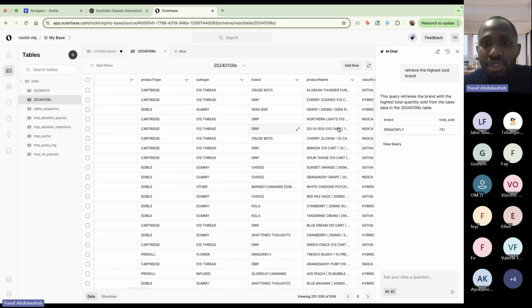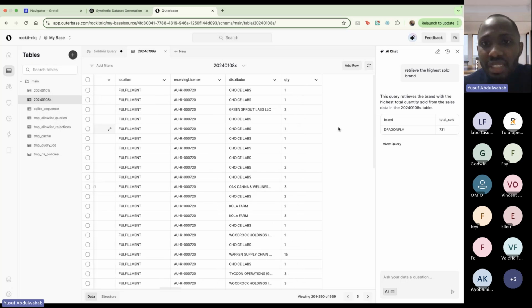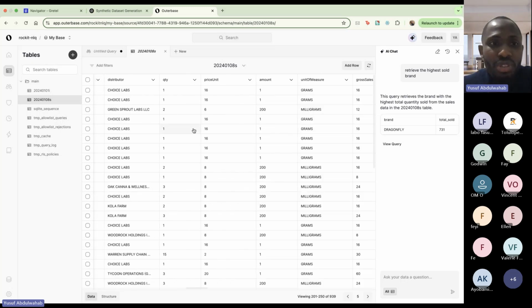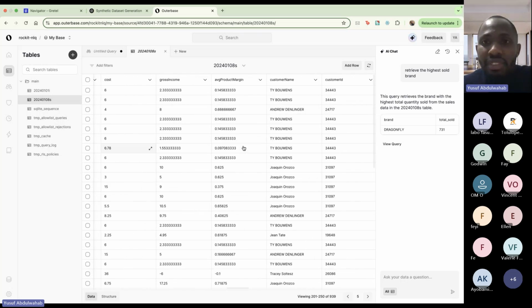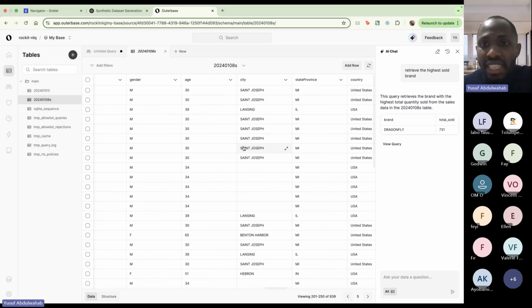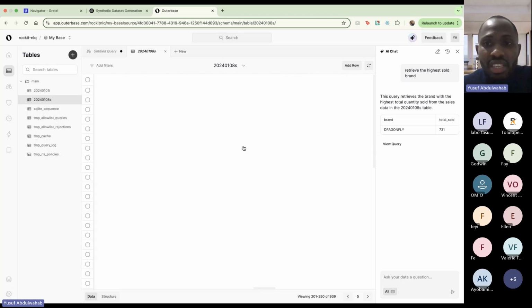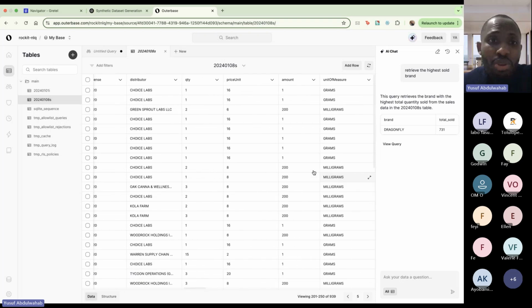731. Now, if we're meant to do this manually, are we going to start going through each of these files to see how much was sold, for instance? This is just a whole lot of work for us to do. This has made your life, or the life of any BA or BI, very, very easy. If we look, we can't even look, because this spreadsheet is a whole lot. So there's no way for us to say